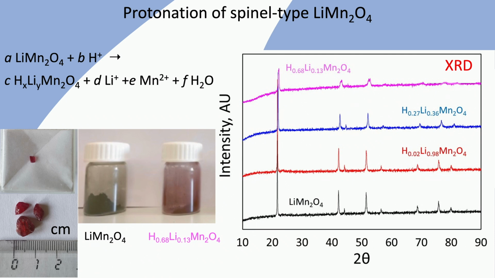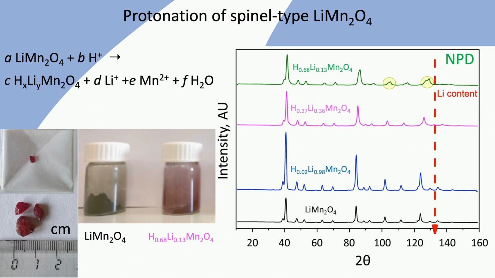This cannot be seen with X-ray diffraction, but it can with neutron powder diffraction. Many more peaks are observed, arising from the planes where lithium ions are. At a treatment with a very strong acid to very low pH, additional peaks arise, indicated by the yellow circles. These peaks are solely due to the protons that were inserted. By analyzing the peak positions and intensities with models such as Rietveld refinement, the composition and ion positions can be calculated. The results of the compositions are given in the plot and were already shown in the XRD results.